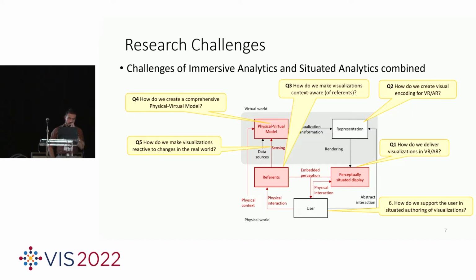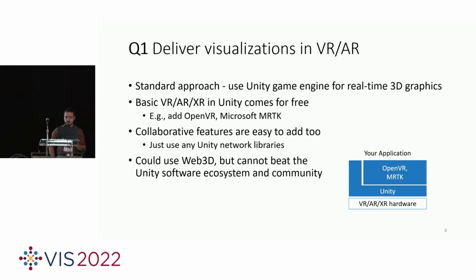And furthermore, how do we make visualizations react to the changes in the world? For example, we move something around. So with RegRug, we try to answer a lot of them to a certain degree, and I will quickly guide you through the process. So to answer the first question, obviously, we use something like a device, like a HoloLens